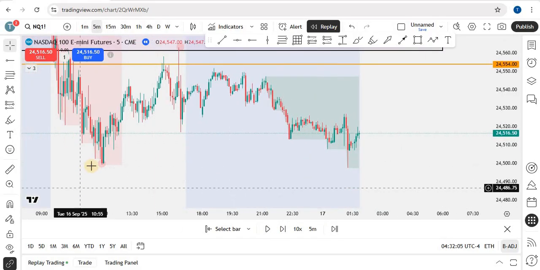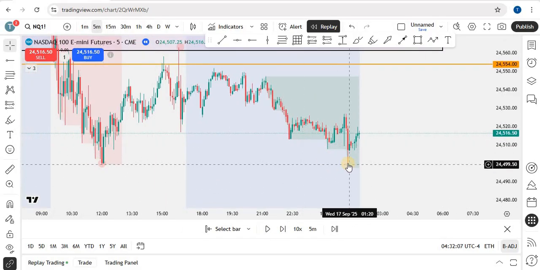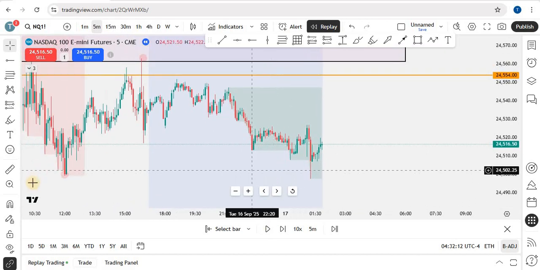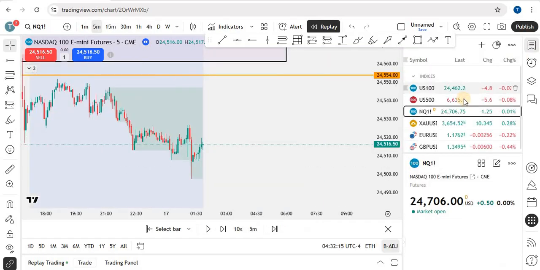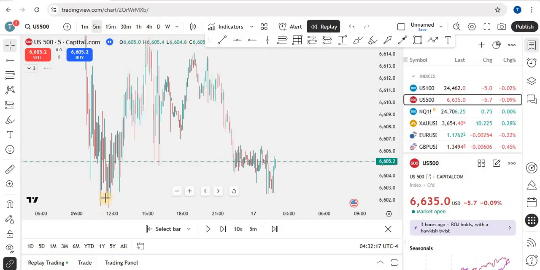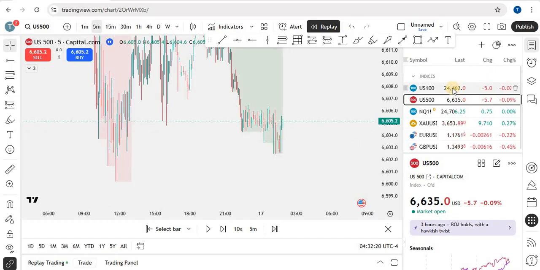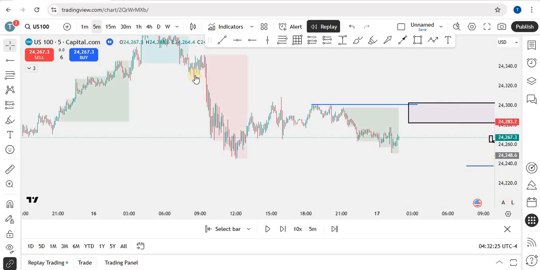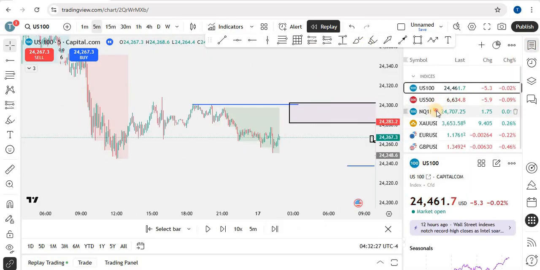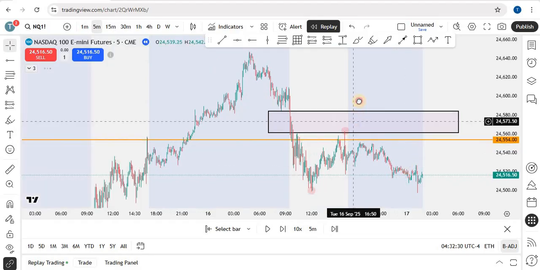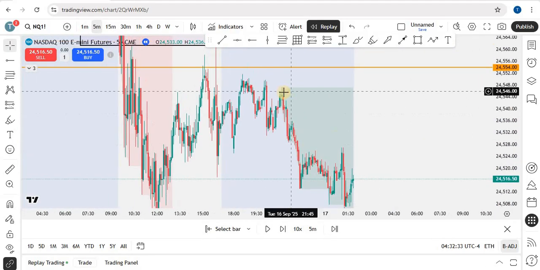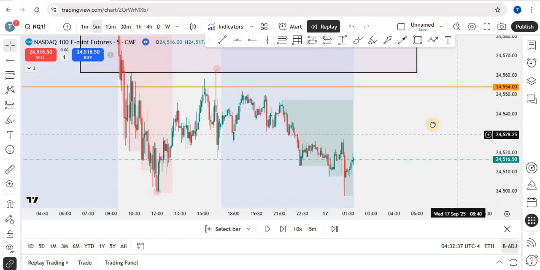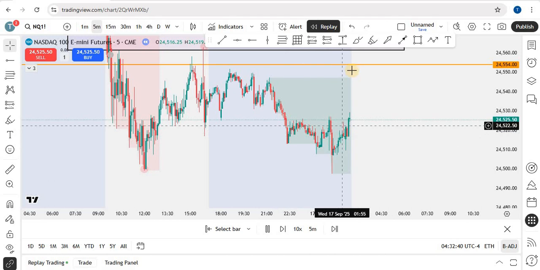See, price took the low of this low, a liquidity sweep, okay, and you will see also SMT here with US 500 as well. Price did not take the low, right? So it's also confirmed that you can take a scalp until the nearest liquidity level. So what is that nearest liquidity level? It is your Asia high. This is the perfect liquidity levels 1, 2, 3, okay, and from here you can buy,